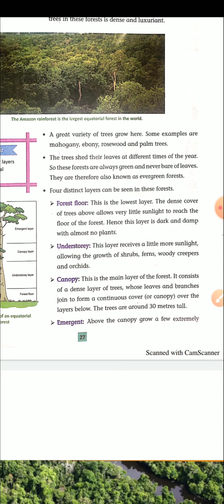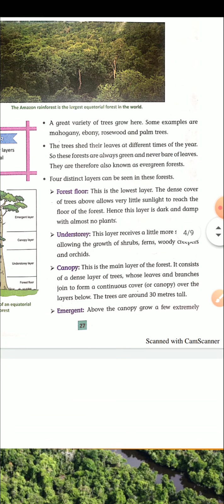These trees shed their leaves at different times of the year, so these forests are always green and never bare of leaves. They are therefore also known as evergreen forests.